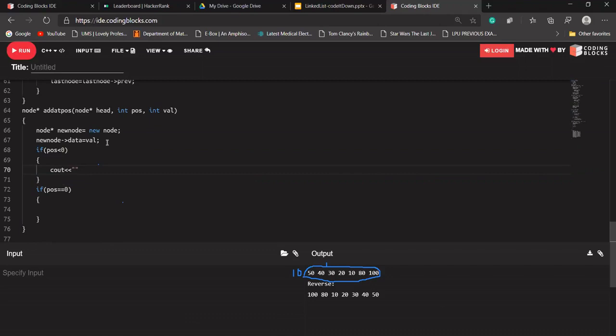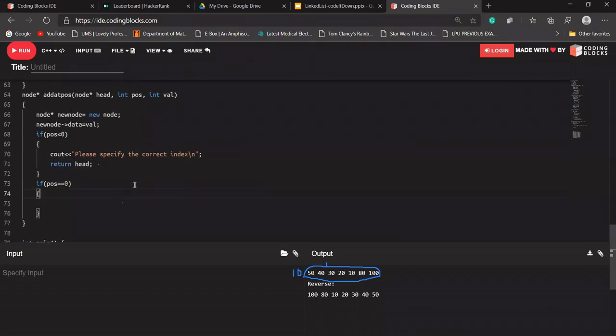It should write: please specify the correct index. Okay, it should return the head pointer, because it should return something.